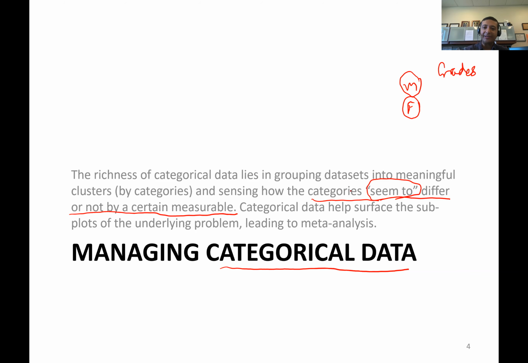So categorical data also helps to surface the subplots of the underlying problem. The underlying problem may be to understand how your grades are interspersed. When you do meta-analysis of that underlying problem, a sub-problem could be if males and females differ in the context of grades. A sub-problem could be, are